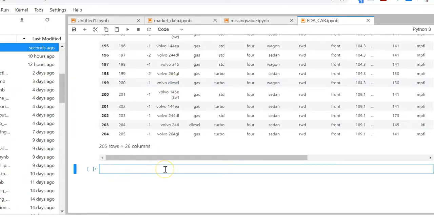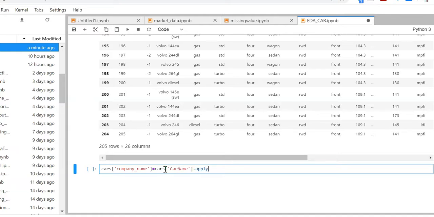So for this I'm going to use the split function, and then I'm going to use the lambda to apply on each value of the car name. So I will define a new column here, company name, equal to cars car name.